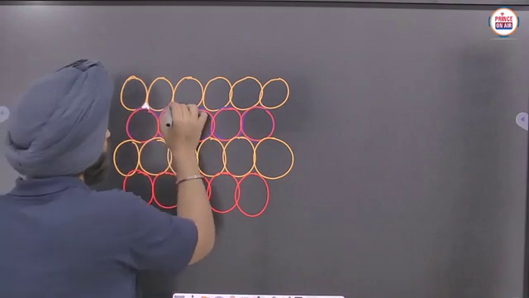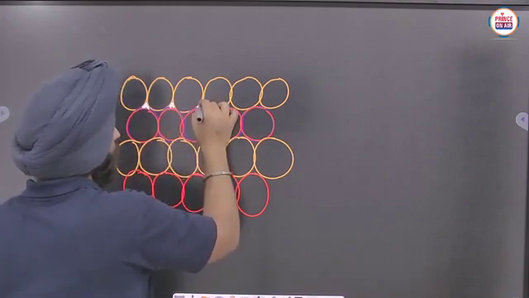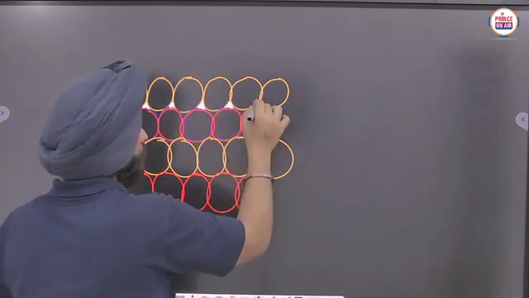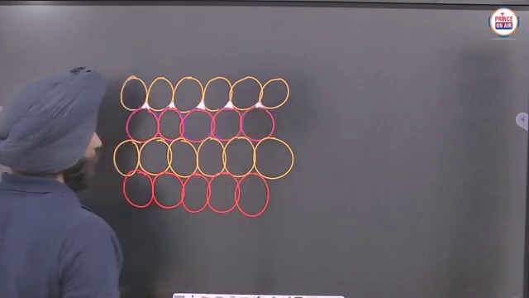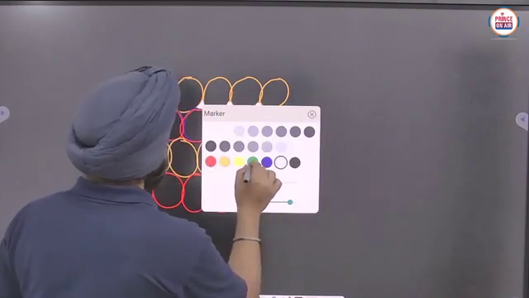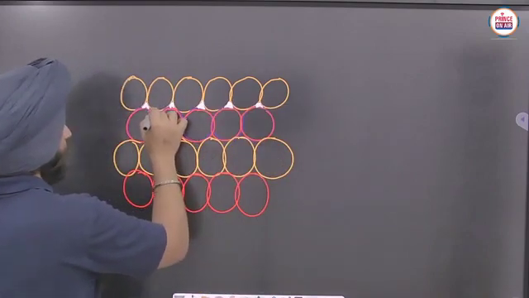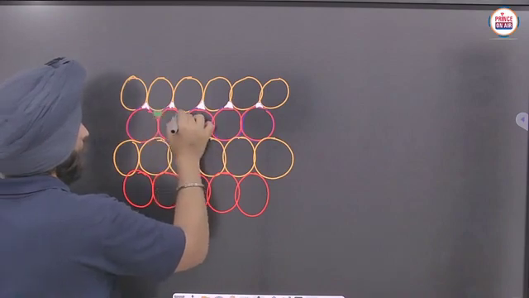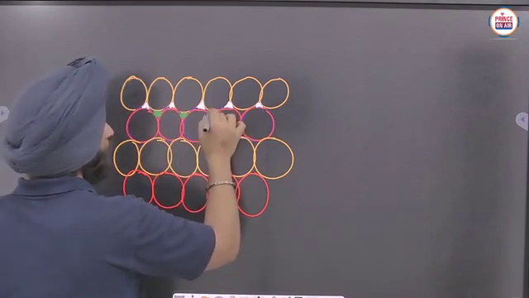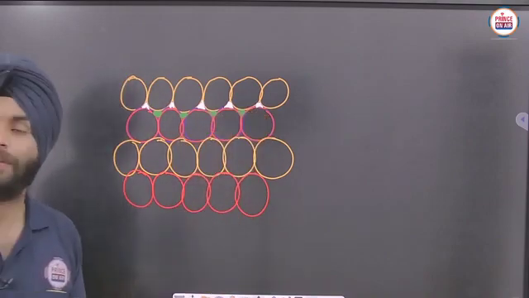Upside firstly I will make some empty spaces. Some empty spaces are here also. Can you see these empty spaces?